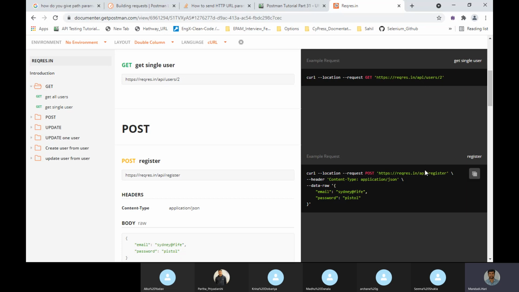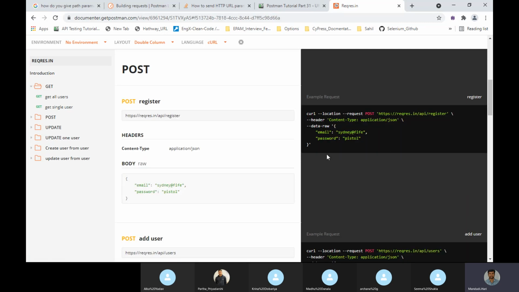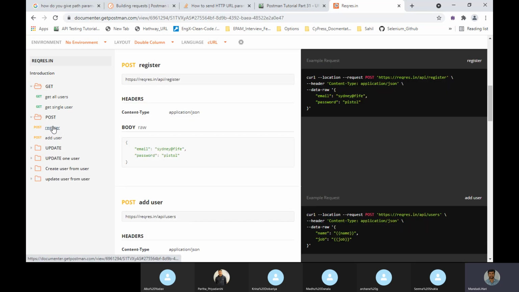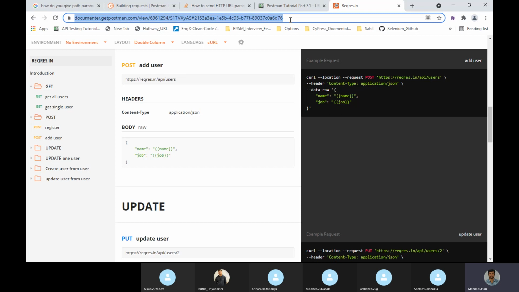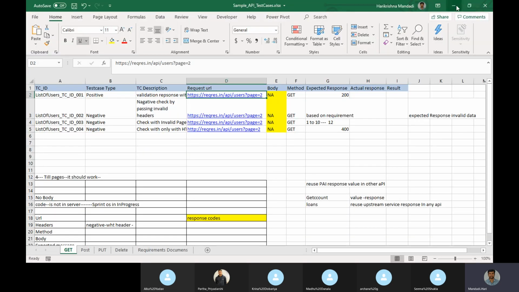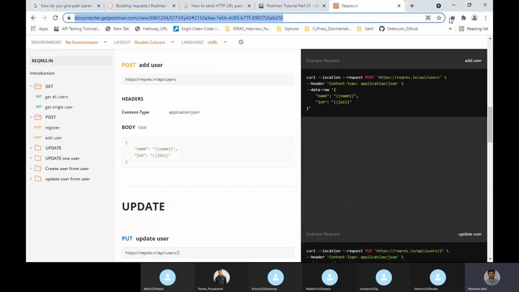This is till the API, okay, not the... We'll see what are there in the post API. This is post register. Okay, so till API is the base URL. Just keep this for yourself from your side also. It may help you because someone has written and uploaded it there.